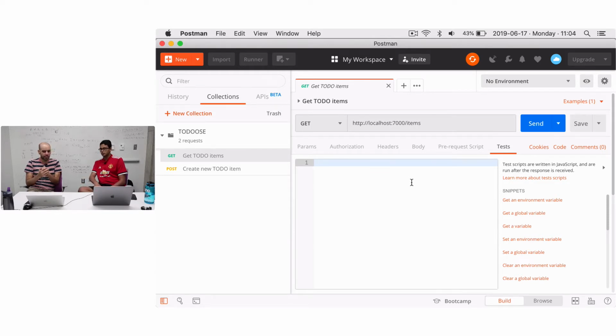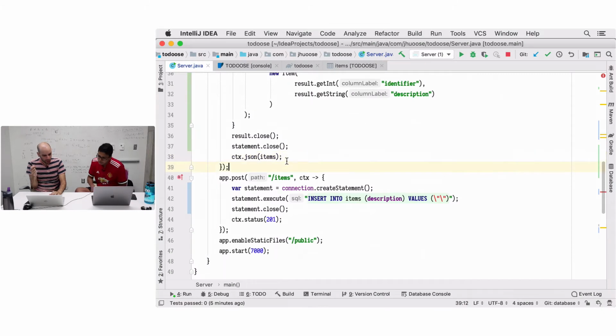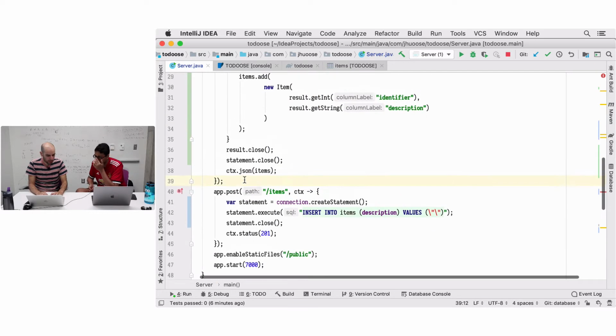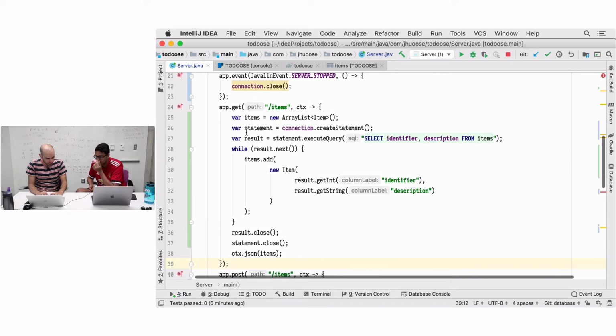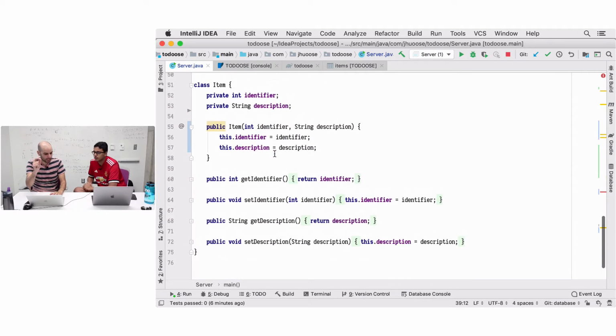We will start with the simplest kind of test, the unit test. A unit test is the one I mentioned before. It tests in isolation, basically just one method or one class, the simplest unit of code. Unfortunately, in our app we don't have a lot of logic to test. We don't have much to test here. So this item, in Javalin, I would write tests for things like this, whole API endpoints. But since we want to work with the simplest kind of test, the unit test, we'll have to test the item,